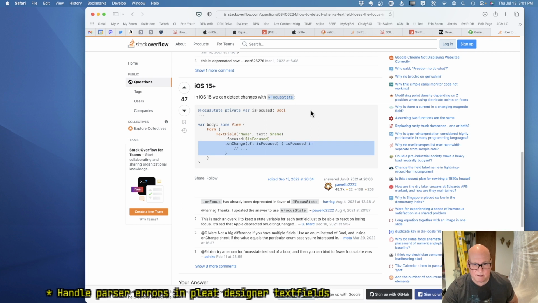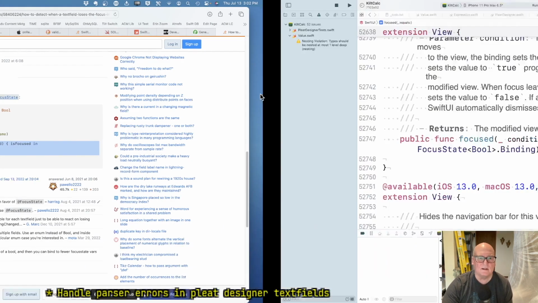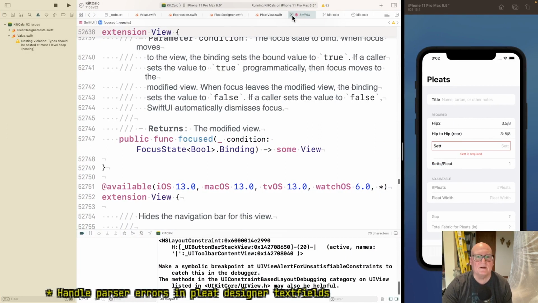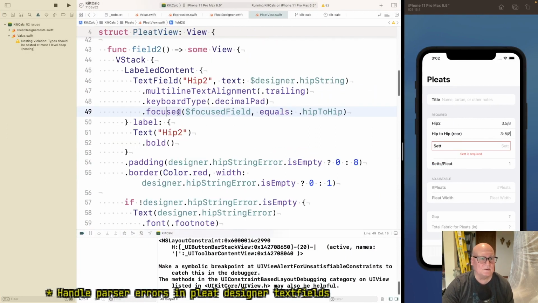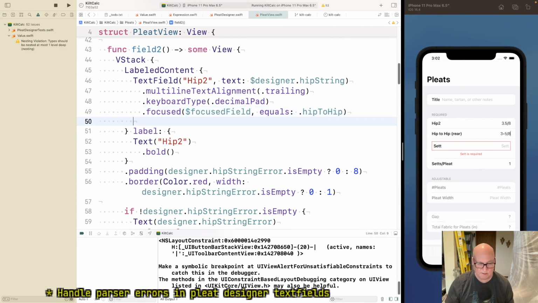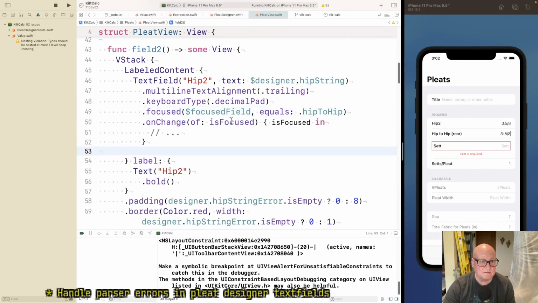I think that is. Yeah, this is focus state. Huh. Yeah, I guess I kind of agree. It would have been easier the other way, but all right. But anyway, pleat view focused onChange of focused field is focused.